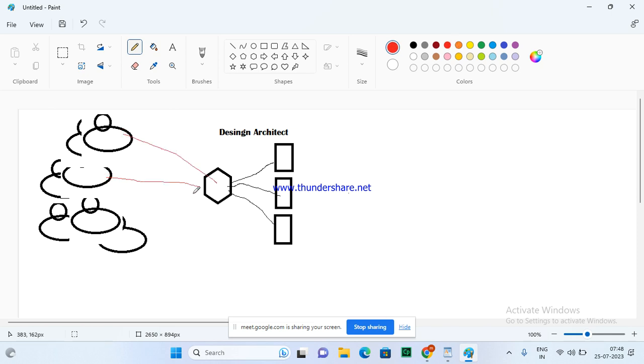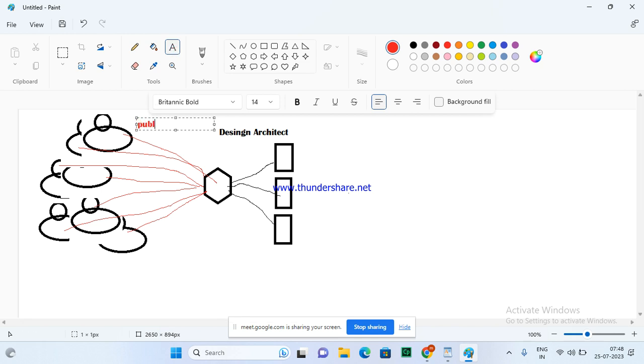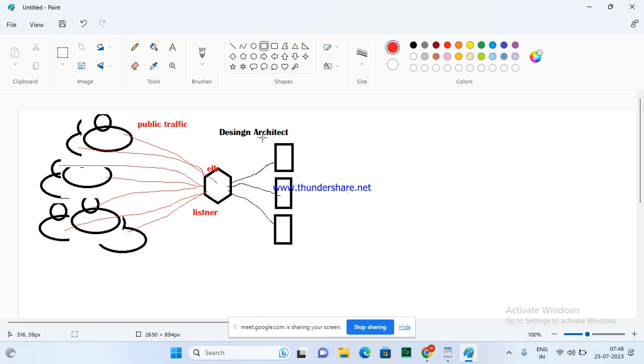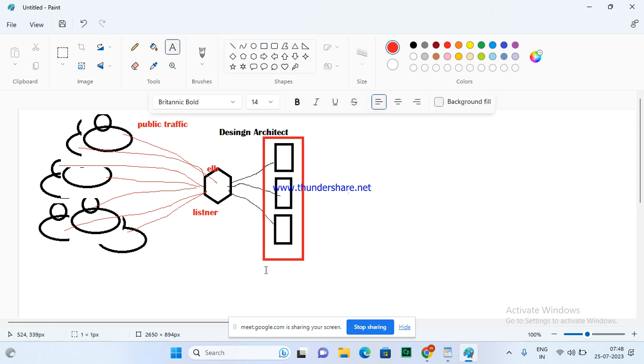All the public traffic hits the load balancer, the listener, ELB. Then you have to define the kind of group of servers, the target group.